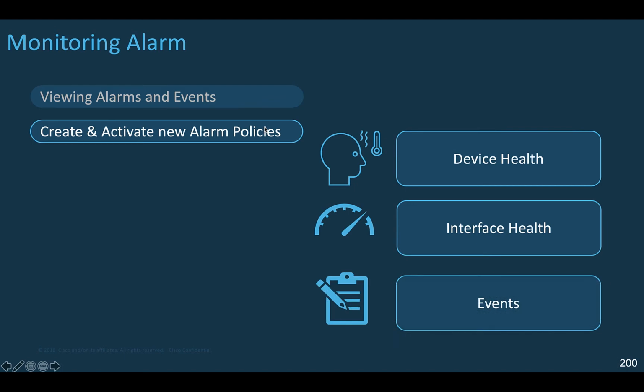You can create new alarms based on the device health when the device is unreachable from ICMP or from SNMP or from SSH. You can also monitor the temperature of the chassis, CPU, and its memory usage. You can also monitor the interface status, up or down, packet discards, errors, as well as the bandwidth details of the interface. And by default, all interfaces are selected for monitoring. And you can trigger new alarms based on the syslog message format, right? And actually, you can create the alarm and clear the alarm based on the syslog message type.